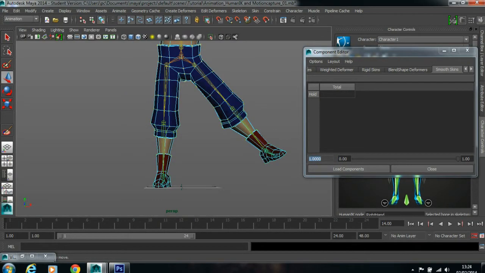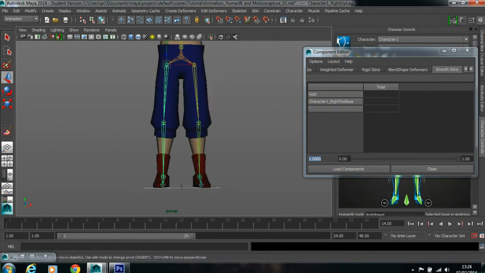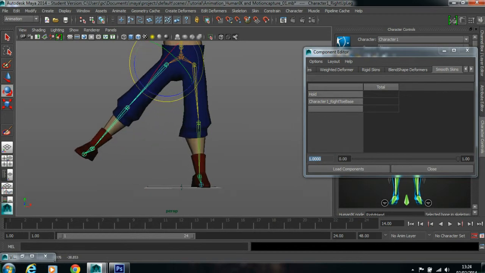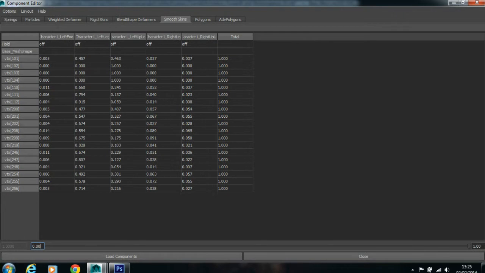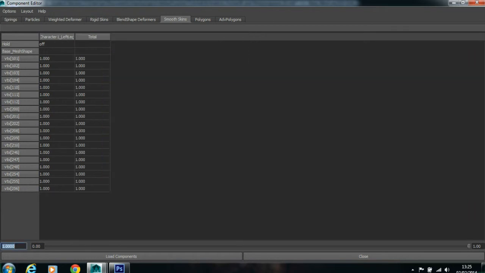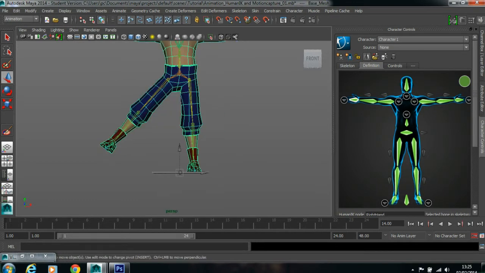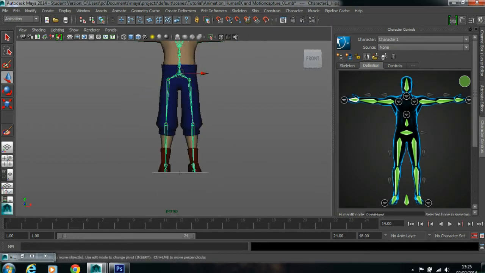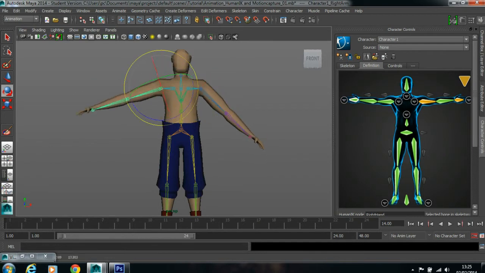Okay. Now check. Go to bind pose. Now I'll select this one. Go to this point. Select these points. This time it should be left leg, 1. So you can start. Let's check this one. I'm happy with it. Now, if I'm rotating this thing,